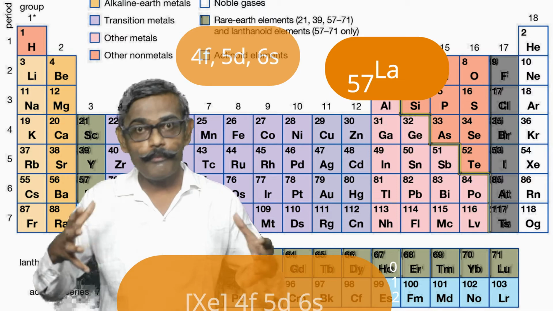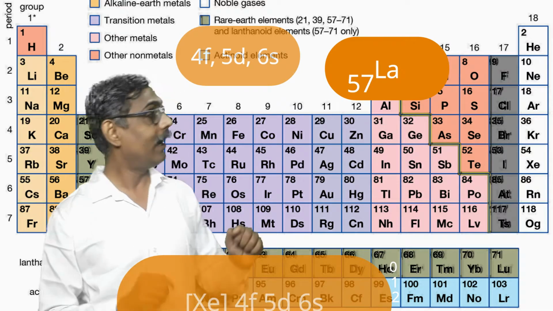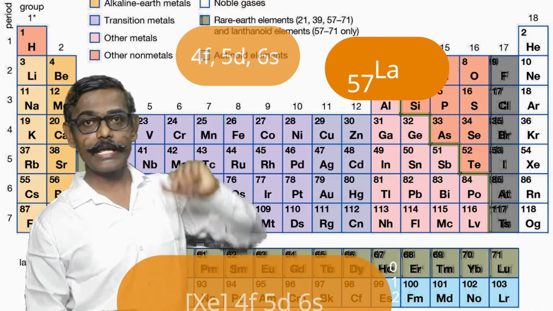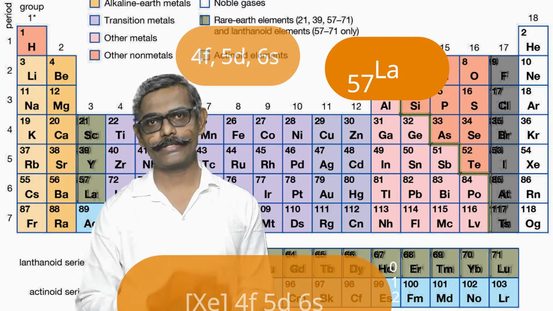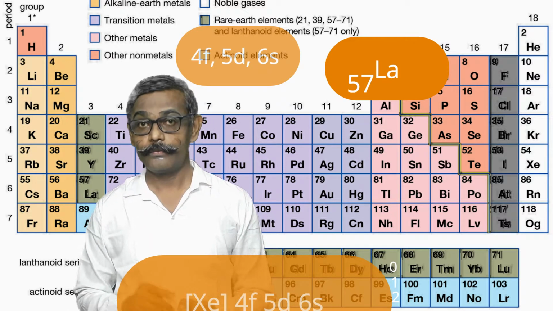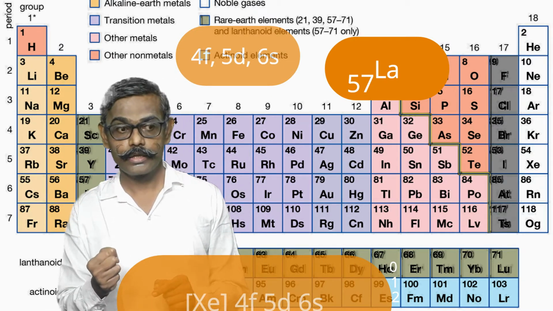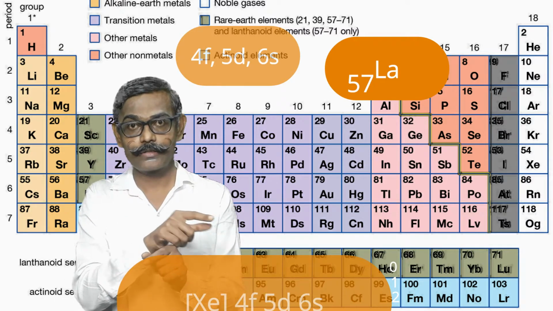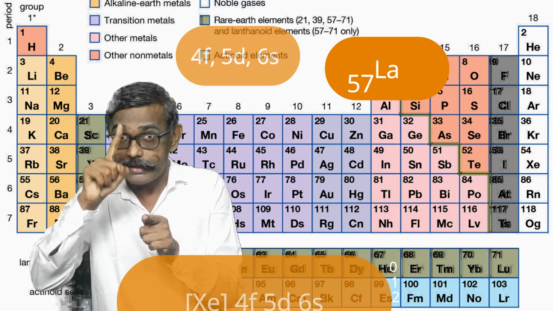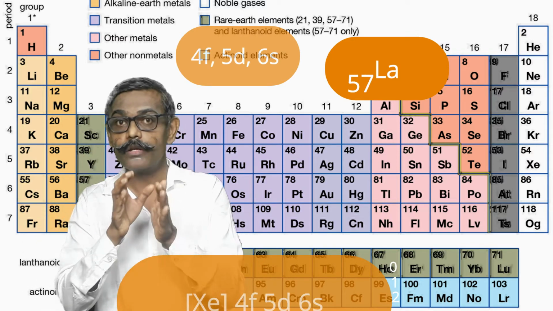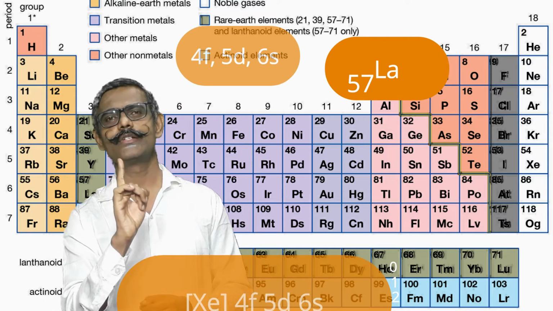All those three were in competition. So exactly what happens, I will tell you, as I discussed three orbitals in competition: the f orbital, the 5d orbital and the 6s orbital. For lanthanum, where 57 protons are there in the nucleus, compared to 6s, after xenon, for the 55th electron in lanthanum, the 5d orbital is suitable. So one electron enters the 5d orbital.